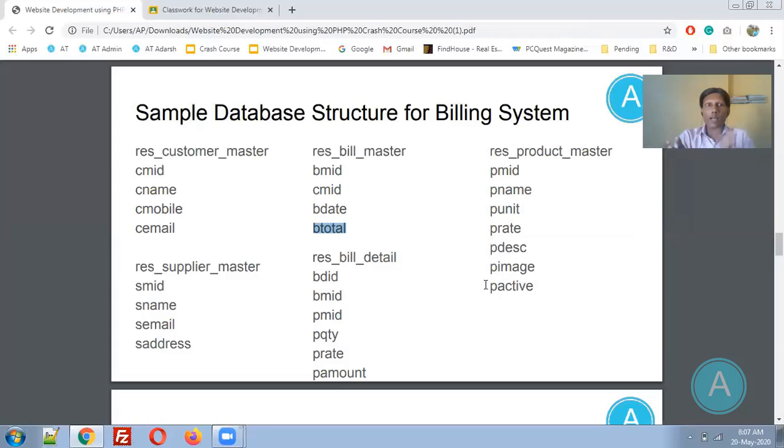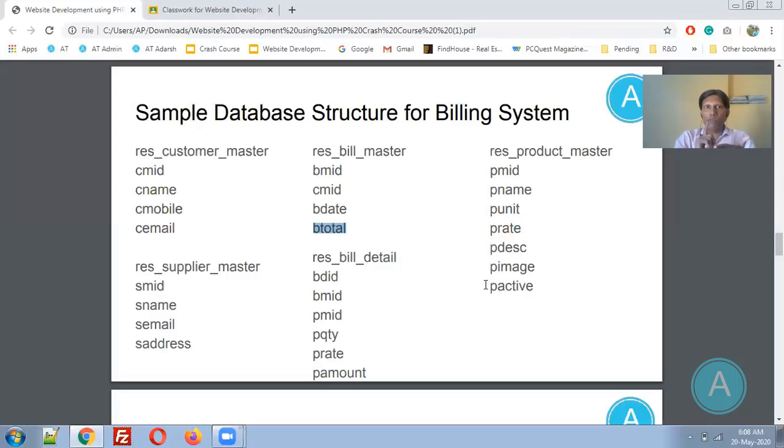So the master and detail concept is very important. Then product is there and customer is there. Supplier master I have not used right now, but whenever you are using an inventory management system, if you are buying this product from somewhere, then you can use the supplier master. Even I haven't taken care of the stocks over here. In the product master table, you can prepare for the stocks also. So this concept is clear.